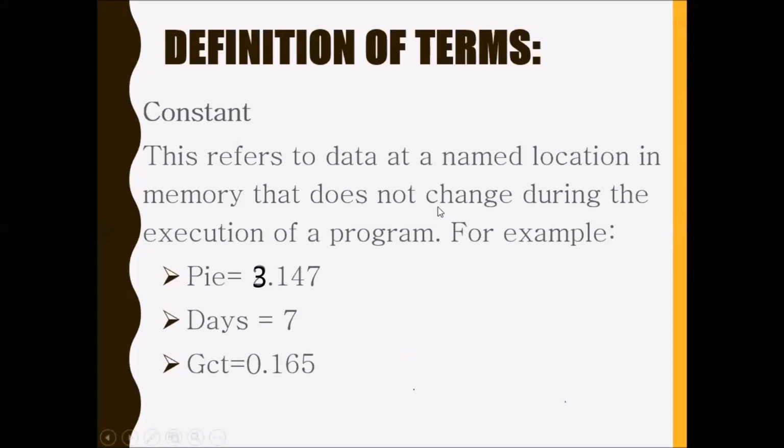Now, if you notice, when we were looking at the variable, we said that a key part of it is that it changes during the execution of a program. The pi constant does not change. So as your program runs multiple times, it will stay at whatever you set it at. So pi 2.147, days equals 7, GCT 0.165. Now note, guys,